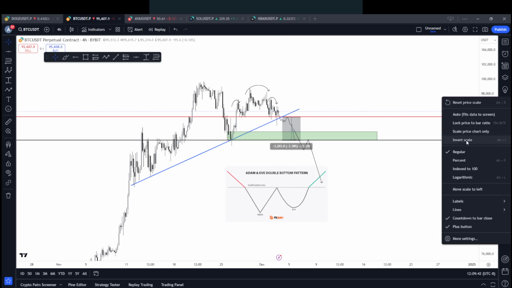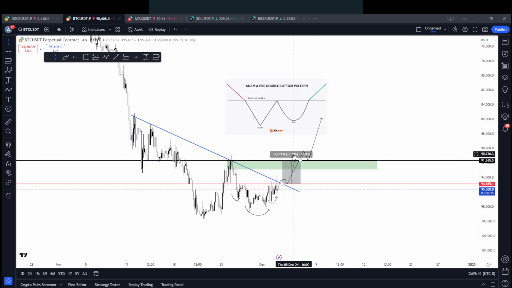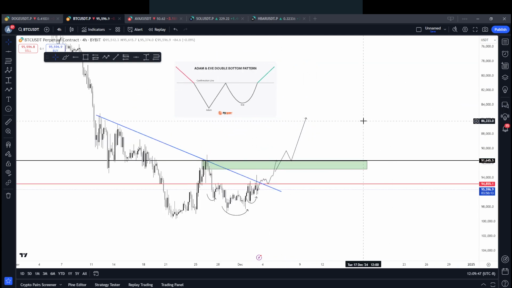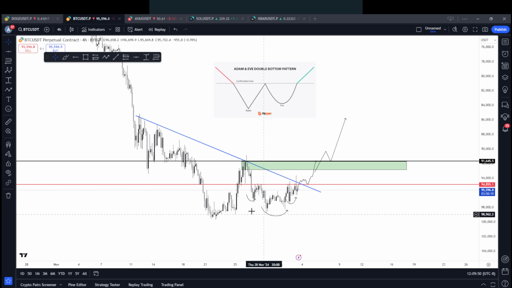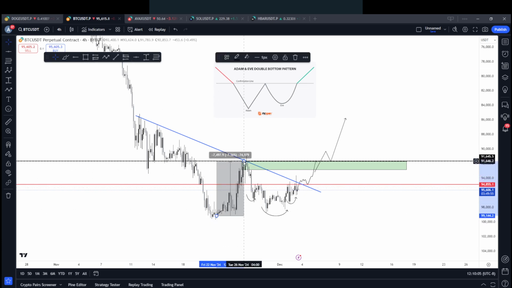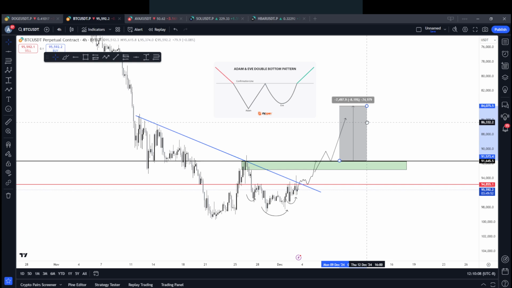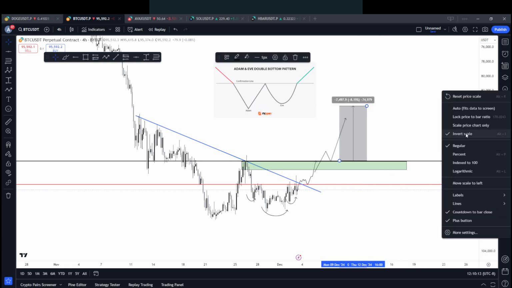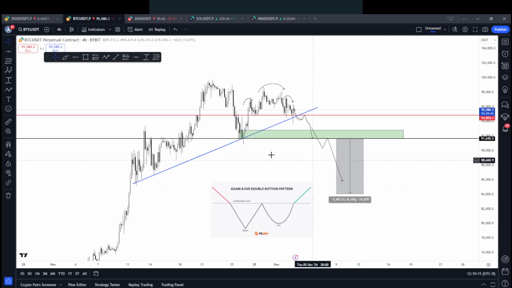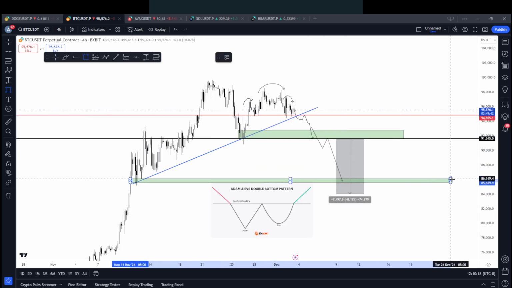Now, back to this being inverted. The technical targets of this, and this is why I like it to be a double bottom and not testicular-cancer-looking like here, I want this to be a double bottom because the technical target of an Adam and Eve is taken from the V to the neck to wherever this goes. And if you remember what I said, I expect us to go to this 88 to